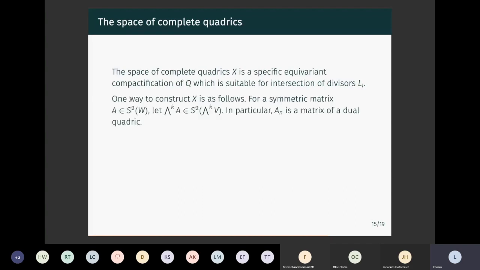So let me define it a bit better than just this. There are different ways to construct it, but one way is the following. For a symmetric matrix, we work with a projectivization of W as our space. W is the space of dimension n plus 1, so PW is like our Pn we work with. So for a symmetric matrix A inside of S2W,